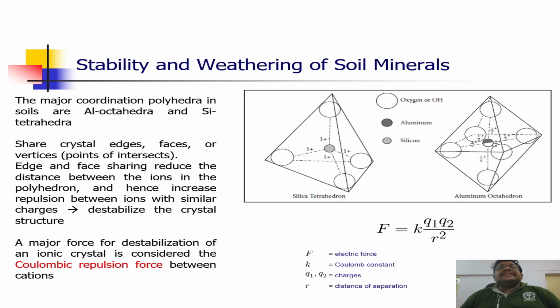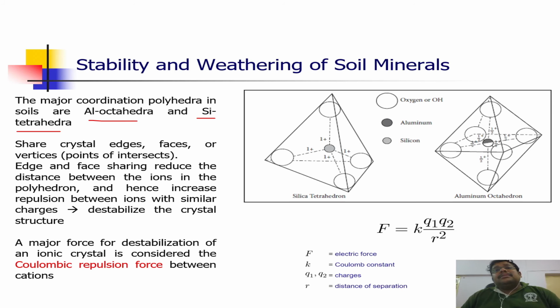Now, the major coordination polyhedra in soils are basically two types. One is called aluminum octahedra, another is called silica tetrahedra. Now, we'll discuss more about this when we'll be discussing the inorganic soil components in our next lectures. But let us just believe that there are two major coordination polyhedra. You can see here, this is a silica tetrahedra. So here the silica atom in the center is basically surrounded by four oxygen atoms, and when we